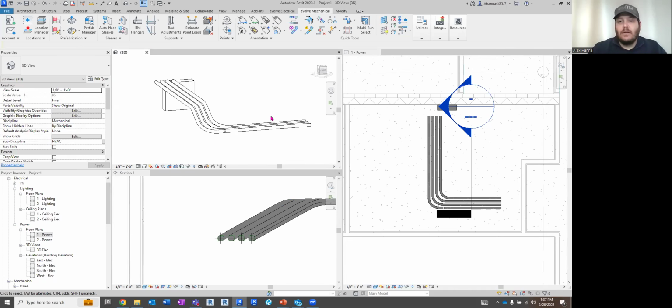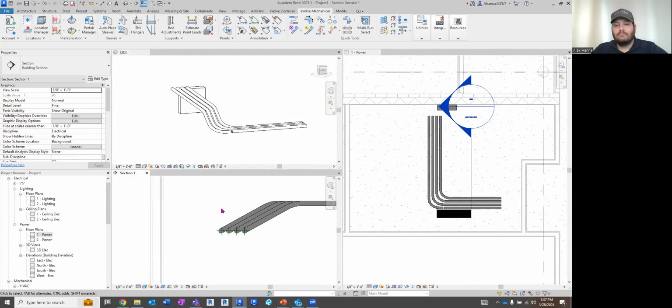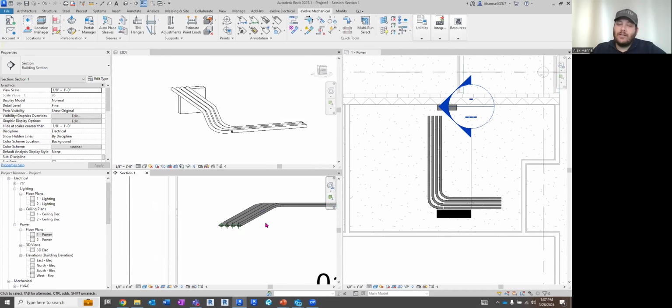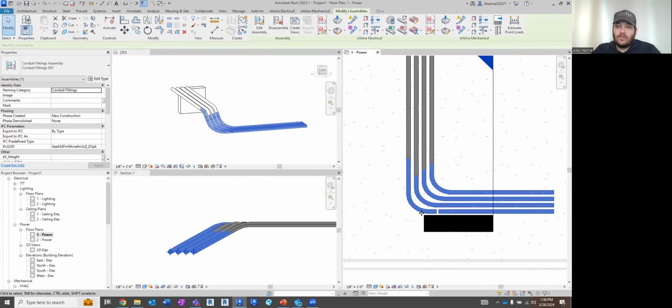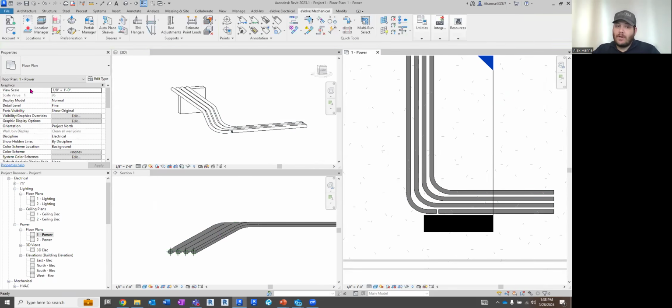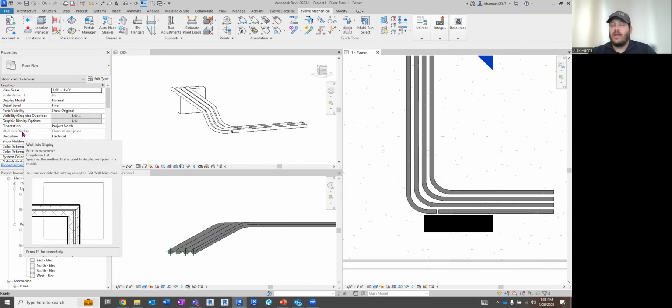Thank you. We do have one more conduit question here. Jonathan asks, how do you change the color of the conduits? Good, very good question. So I like to use filters. That's what I'd recommend anyone to use. And how filters work is based on parameters you have set in here. So if you have conduits set to a panel or you have them listed as a specific run, you can